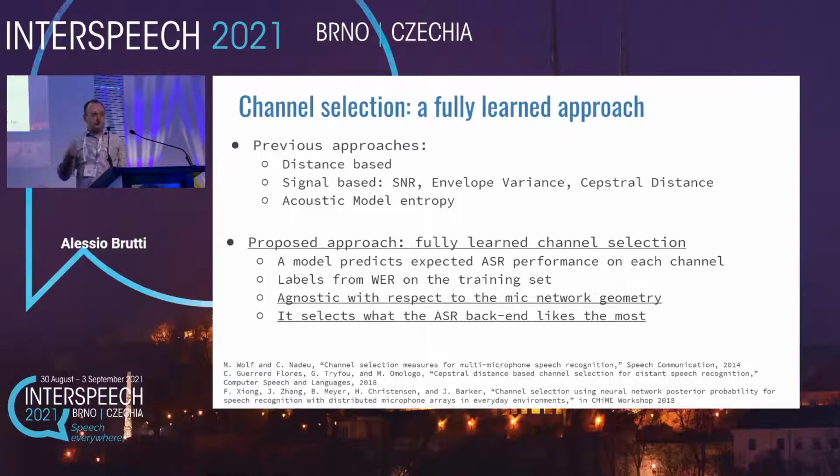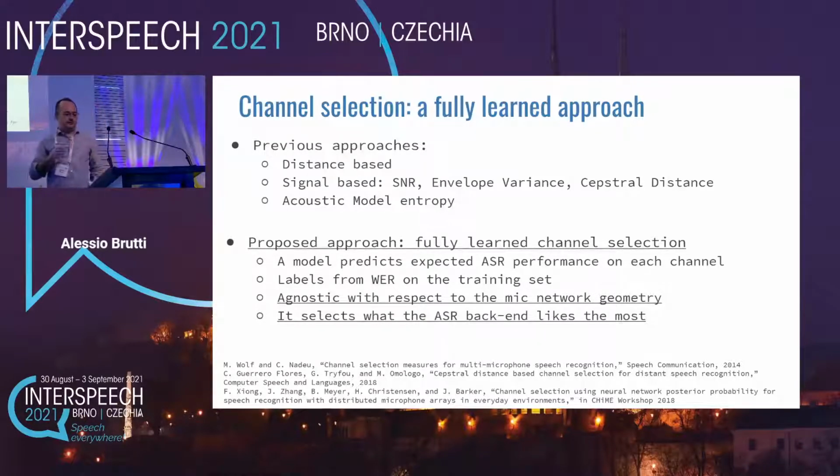So what we try to do is develop a fully learned channel selection approach. We want to have a model where we give some acoustic features as input, and the model tells us an estimation of what the ASR performance will be on that feature set. And we want to do this using the word error rate given by the deployed ASR backend on some training data.